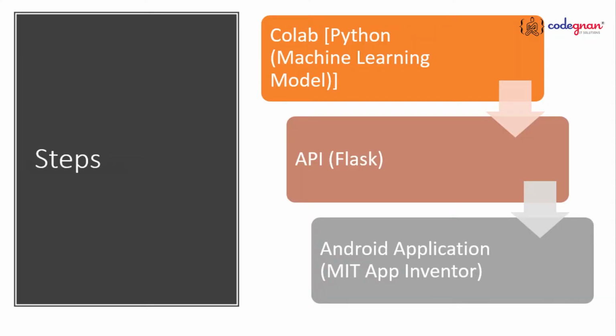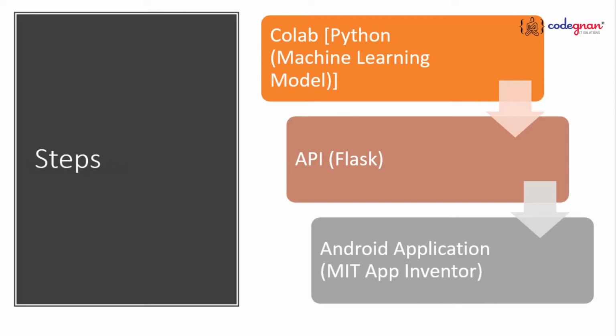These are the steps we are going to follow. First, we are going to build a simple machine learning model by taking a well-known dataset. The dataset will be provided in the link below in the description. You can download it directly. The dataset which I am going to train on is the Titanic dataset, which is a very good example that I always prefer for beginners. So I would like to take that example.